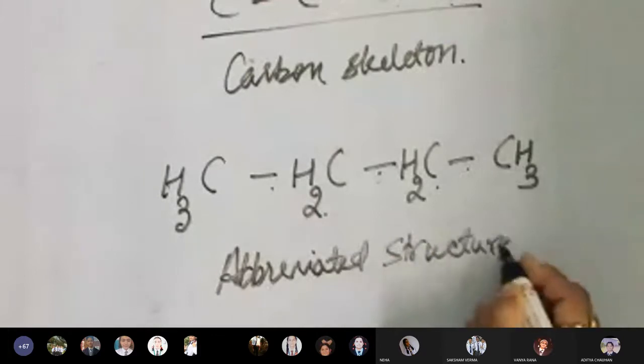Now the structures are similar. This is also butane, and this is also butane. But here I have mentioned only carbon, so the structure name is carbon skeleton. Here I have mentioned hydrogen, so the structure name is abbreviated structure. The third one is the structural formula of a compound. I will open up this structure. Out of the 3 representations, you should use the third one because you are studying organic for the first time. It is easy to read, and to know in the open structure how many hydrogens will be incorporated, what is given and what is not given to you.